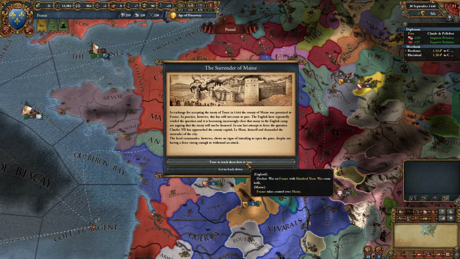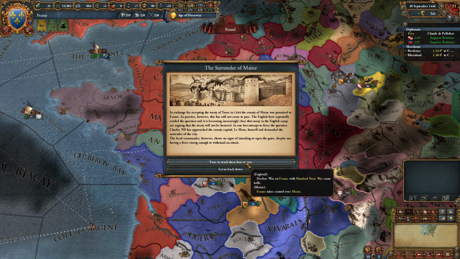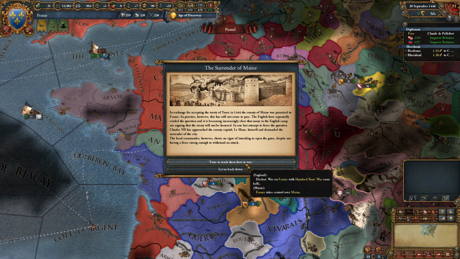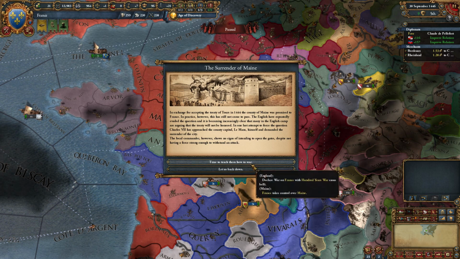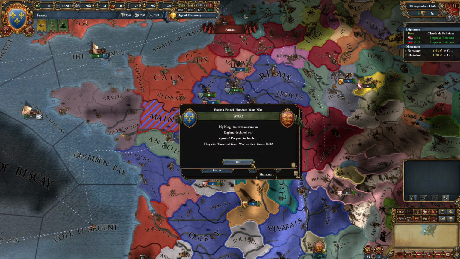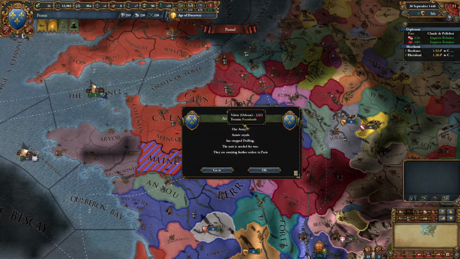We're going to say time to teach them how to war. We're going to declare war on, or sorry, England's actually going to declare war on us, so we're going to be the defenders here, because they didn't honor the treaty. And then we're going to take control of the province immediately. Alright, so the 100 Years' War has picked back up,